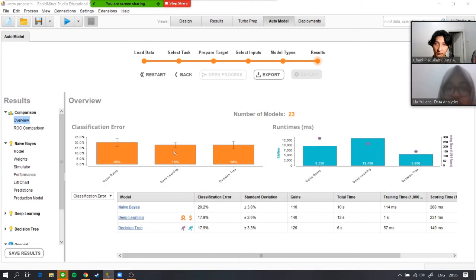And the next constraint is the runtime. As you can see, the model with the lowest runtime, meaning the highest speed, is decision tree, and the model with the highest runtime is deep learning. So based on the result, we choose the medium result to decide which model is better for our data. Here we choose deep learning. Okay,